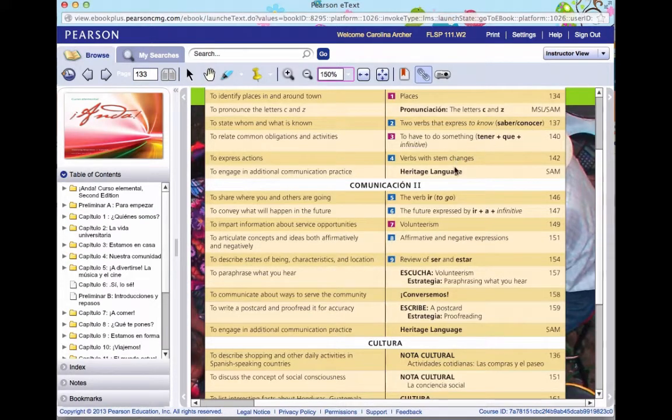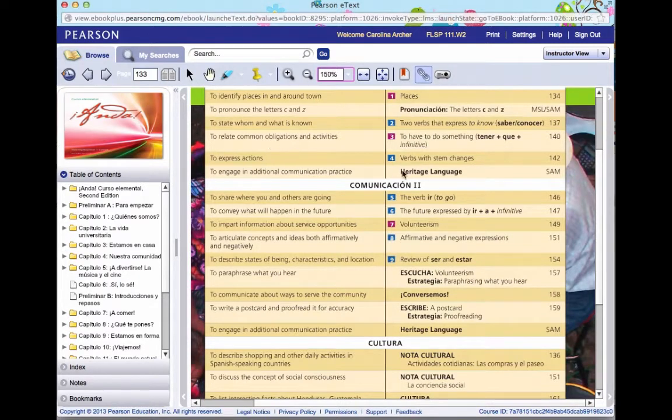And we are going to go back to the verb tener, and we learned this expression briefly in chapter 3. Tener plus que plus an infinitive means to have to do something, to talk about common obligations and activities. Okay, today I have to go downtown. I have to pay the bill. She has to teach a lesson, they have to study, different things like that.